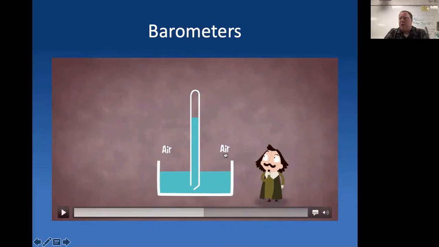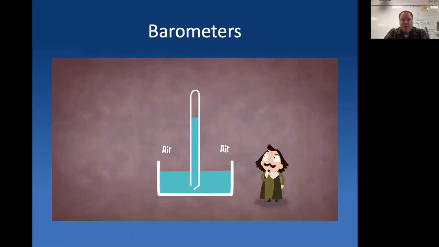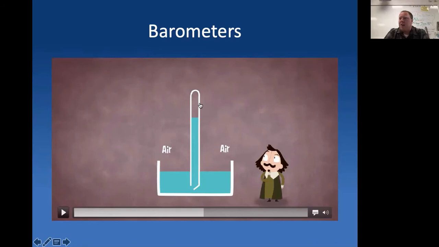So there's no way for the air to go into the tube once they open this. And water came out. All right. The water didn't just stay in the tube. Some of the water actually came out of the tube, which means that this little space up here is completely empty. There's nothing there. There's no air. There's absolutely nothing in this upper space right here. That is a vacuum. And this is the first time we were able to create a vacuum, and know that it was a vacuum.